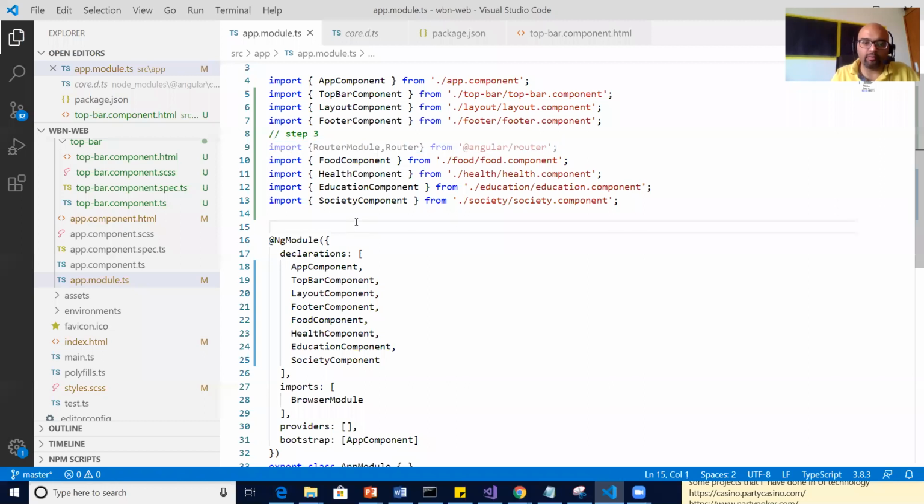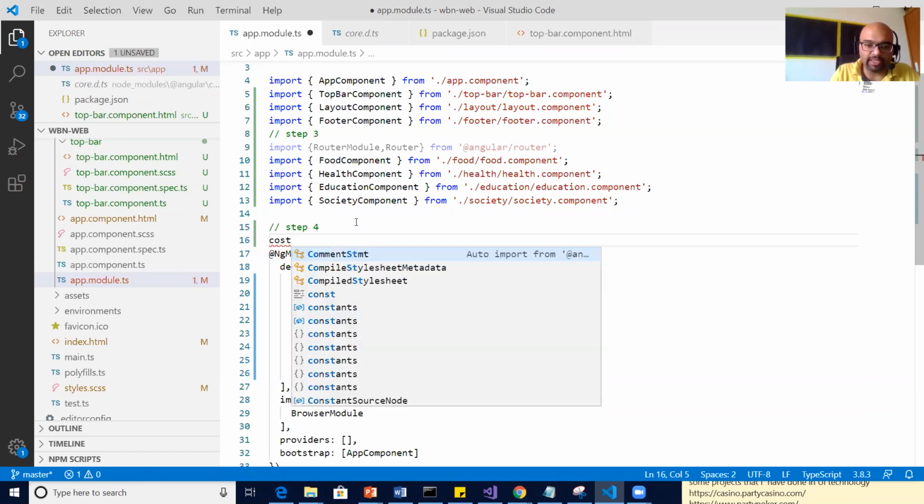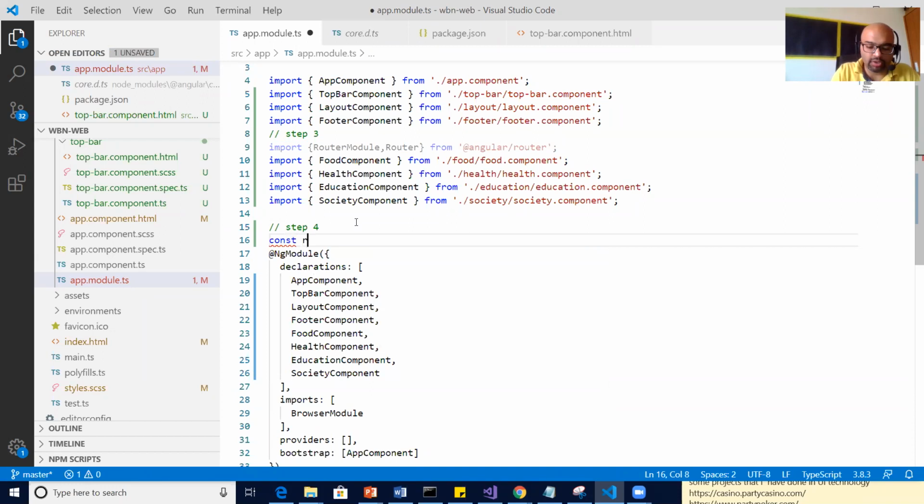Now after importing, I'm supposed to have a mapping table. Step 4, I should have a mapping mechanism where I decide that if someone clicks on food, the food component should load, and the education component should load. So I'll create one simple array, const routes. It's a route mapping table basically.